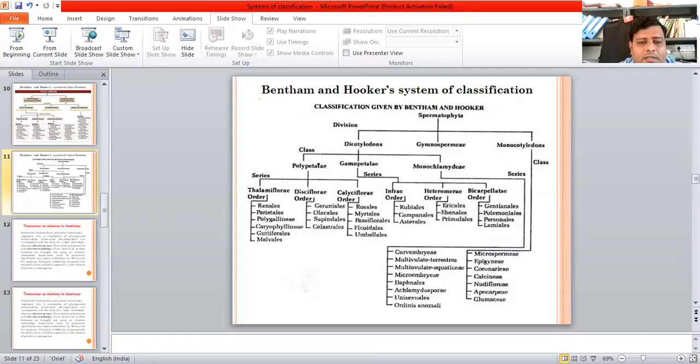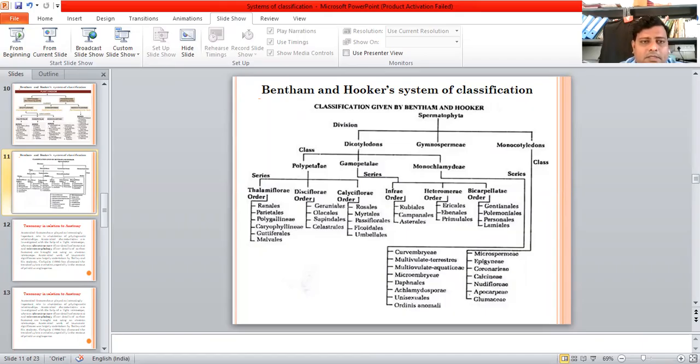Achlamydosporeae: ovary inferior, 1 to 3 ovules are there, unilocular, flowers are unisexual. Unisexuales: perianth usually absent. Ordines anomali, that is the anomalous family: plants with uncertain systematic position, but close to Unisexuales. These were given in this series. Further, like gymnosperms, 3 families of natural order, Gnetaceae, Coniferae, and